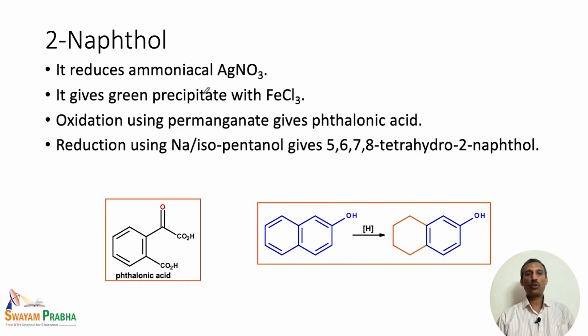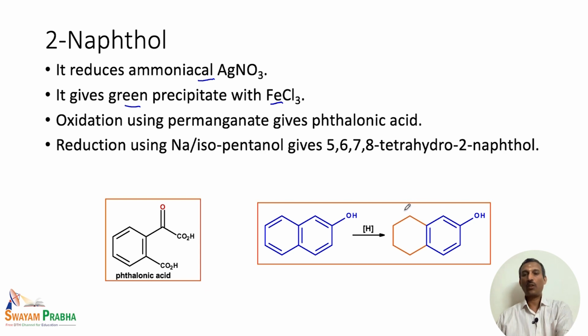And when we talk about the 2-naphthol, this is also very similar to 1-naphthol. This reduces the ammoniacal silver nitrate solution. This gives a green precipitate when treated with ferric chloride. Oxidation also gives the same phthalonic acid, and hydrogenation using sodium and isopentanol again gives the similar derivative. So, in the 1-naphthol we have the 5,6,7,8 tetrahydro 1-naphthol derivative, and when we start with the 2-naphthol, we end up with the 5,6,7,8 tetrahydro 2-naphthol. So, in both the cases, the ring where the hydroxy group is not present